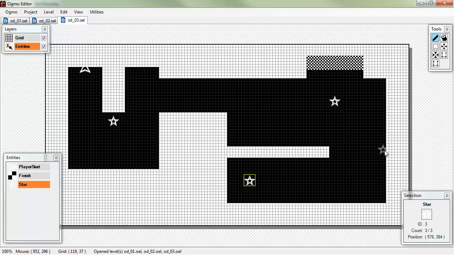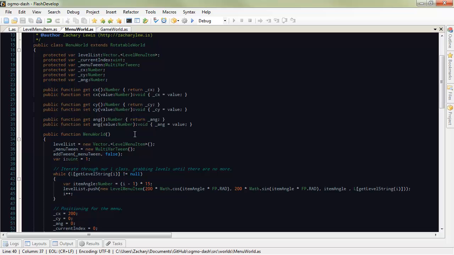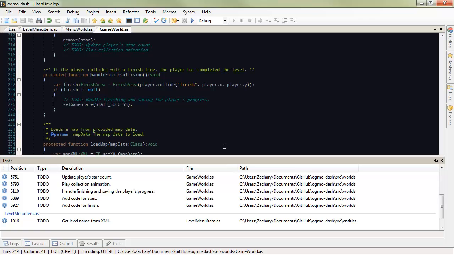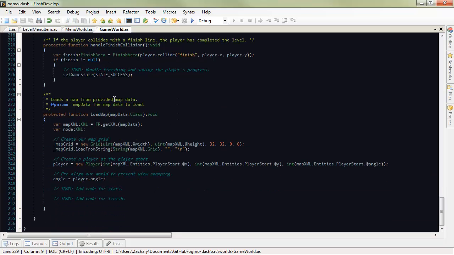So now we have our levels set up with finish lines, names, and stars to collect. However, we aren't loading in the finish line or the stars to our level. So let's go into our ActionScript and do that. At the bottom of Game World, in the load map where we did the rest of our stuff last time, we need to add code for